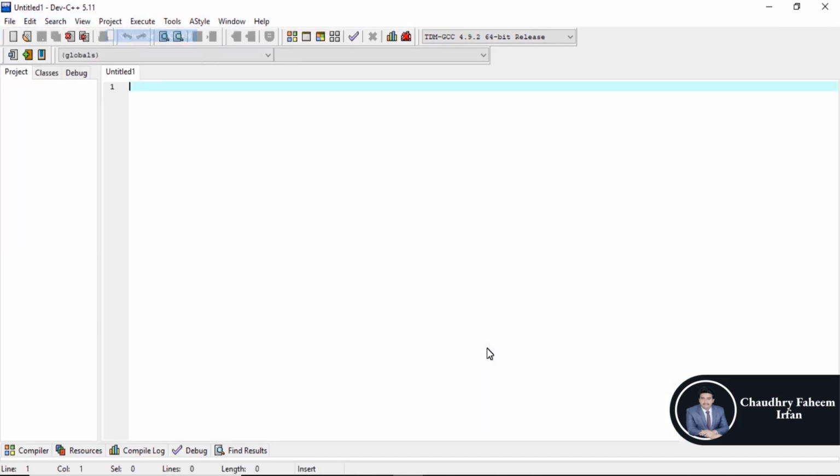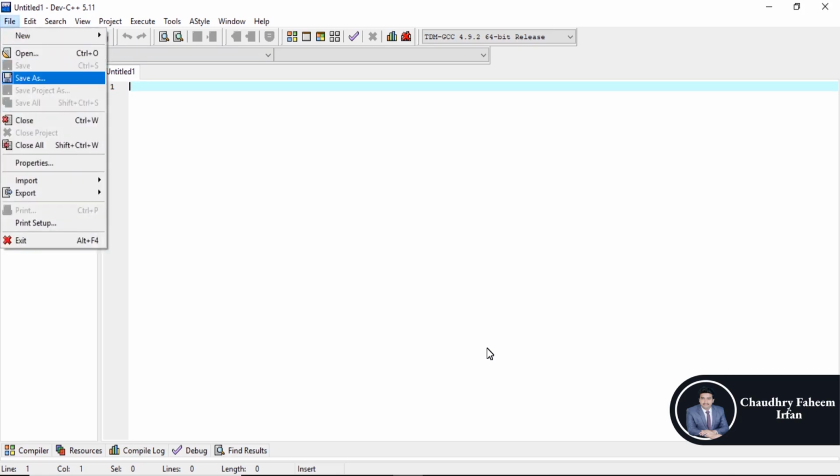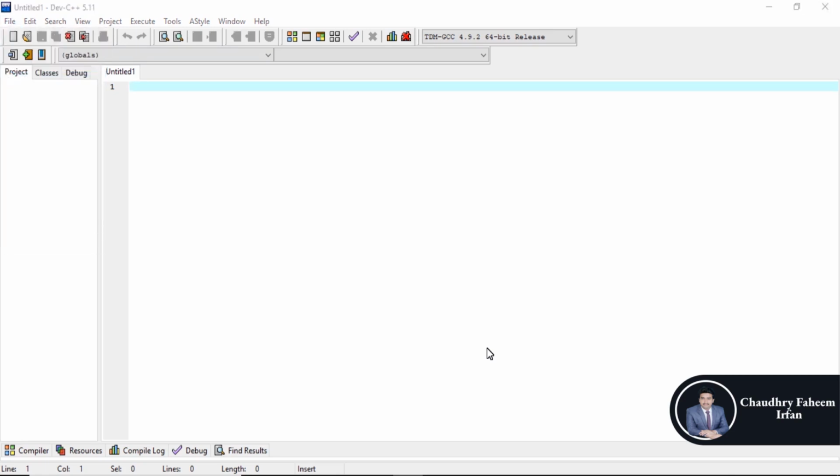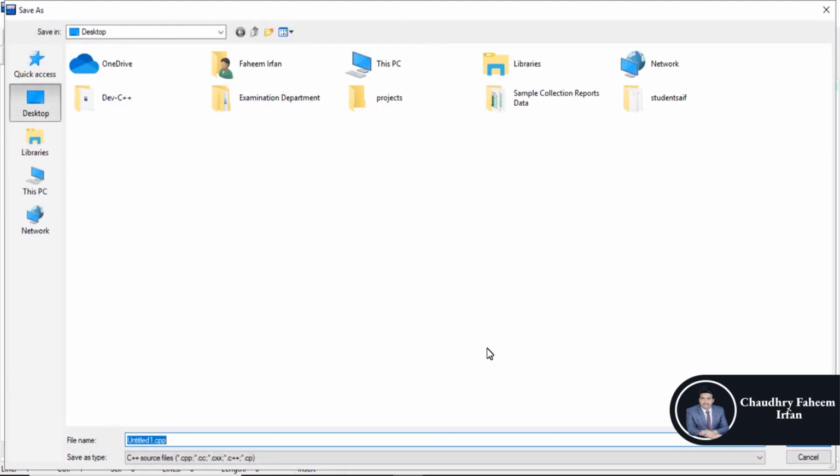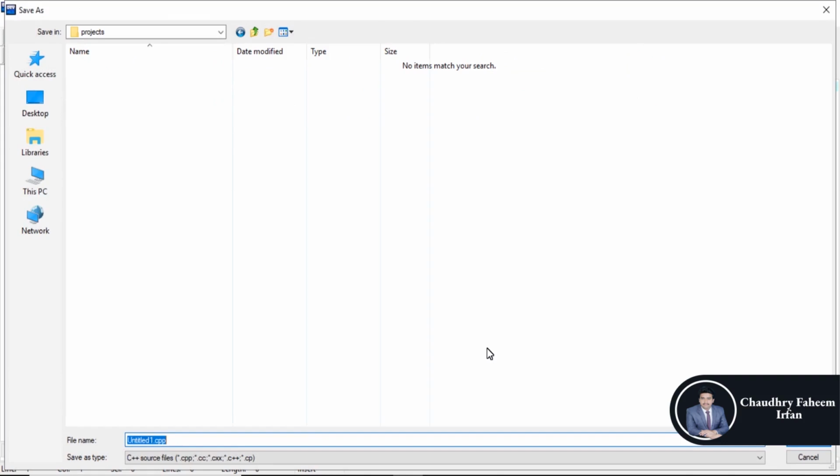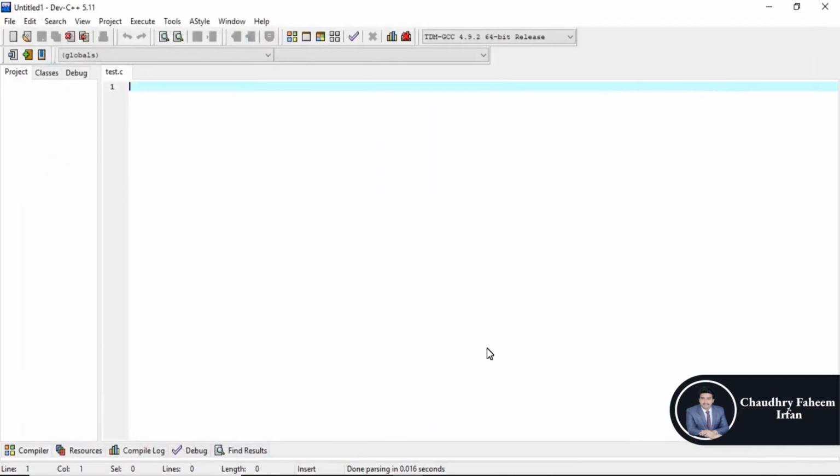Create a new source file and press Ctrl plus S to save this file. Or go to save as, projects, and here test.c. C is the extension of your program for the C language. Save this and then write this one, include